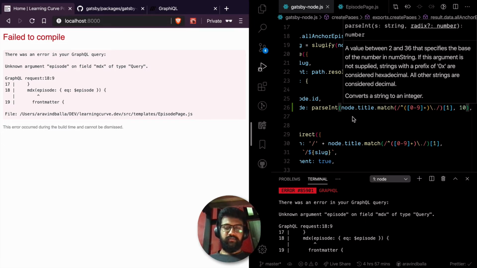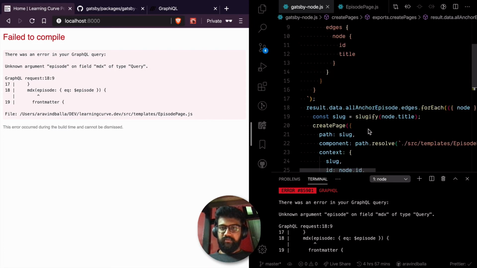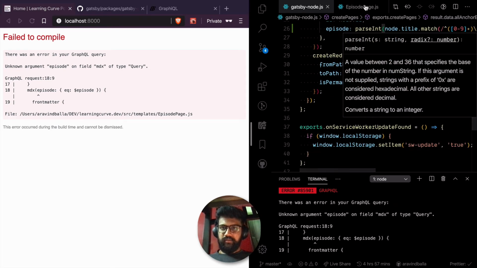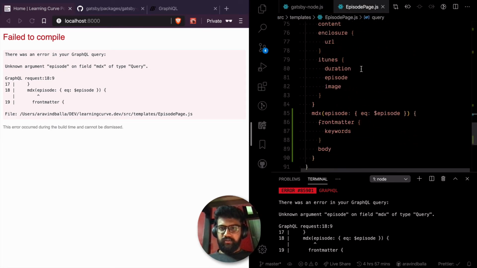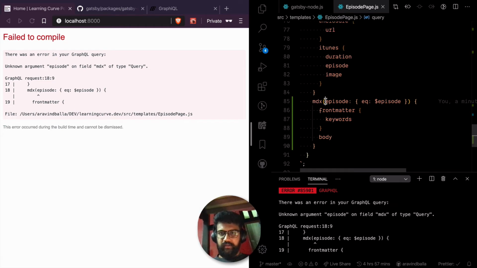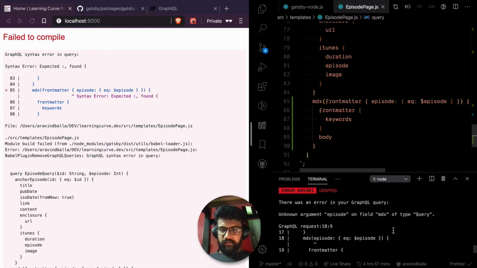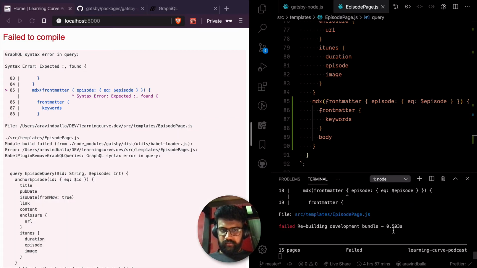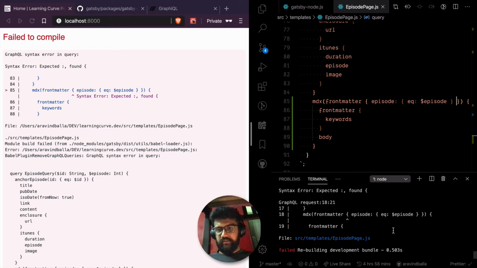Oh, okay. So the problem here is it's not episode directly. It is front matter, and inside the front matter it's the episode. It's not even that.